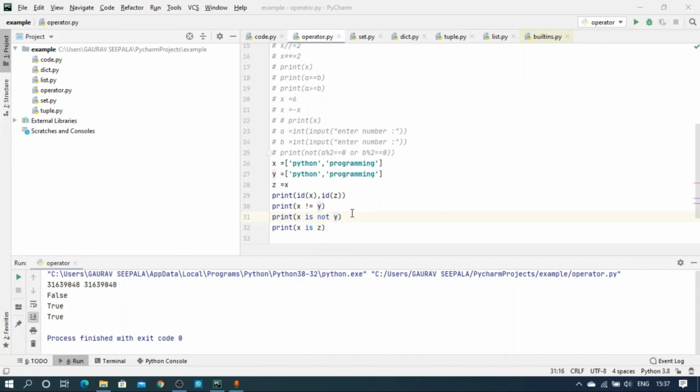So now let's move on to the membership operators. Generally we have two membership operators. One is in and the other is not in. So let's see them.